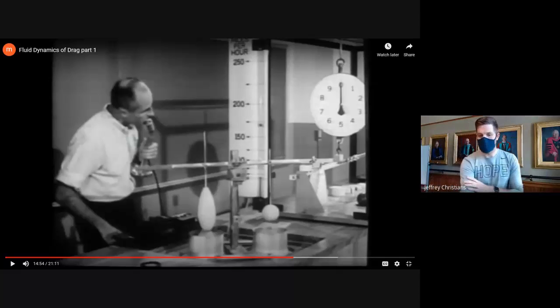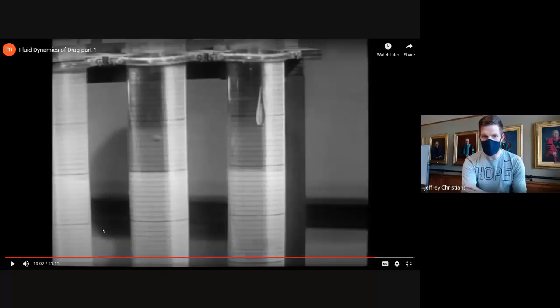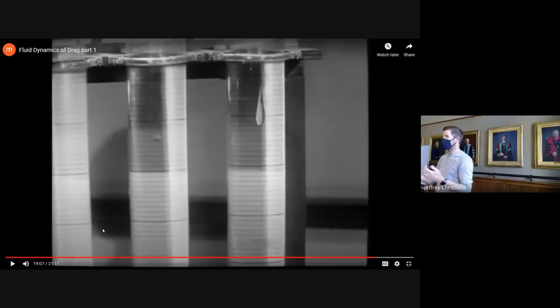So that's what happens in this last experiment, where he takes these two objects now, if you remember this one, and puts them in glycerin, which is really thick. In this case, the viscosity is strong enough that viscosity wins in both shapes. There's enough viscous force to keep the boundary layer attached to the whole shape in both cases. So then viscous drag is the only thing that matters, and having a small surface area lets you win